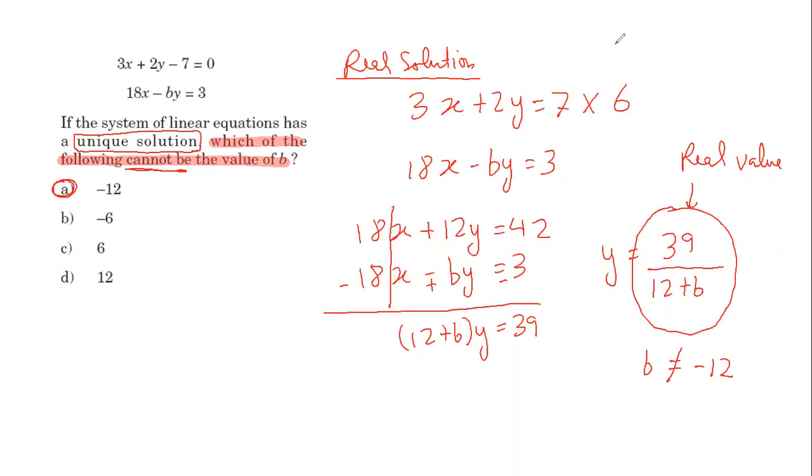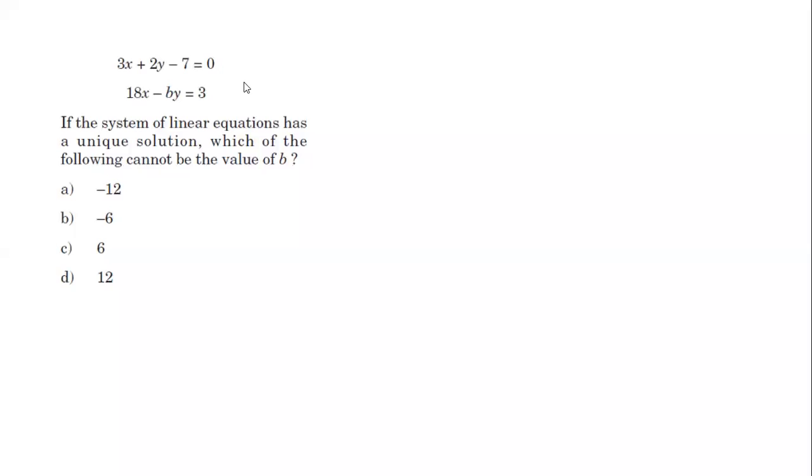So guys, let's try another scenario. Case 2, which says no solution. That means a linear equation may have no solution. In that case, if this is the first line and they do not have any solution, that means they do not intersect. And if they do not intersect, what does this mean? That means the lines are parallel. So in that case, it will have no solution.